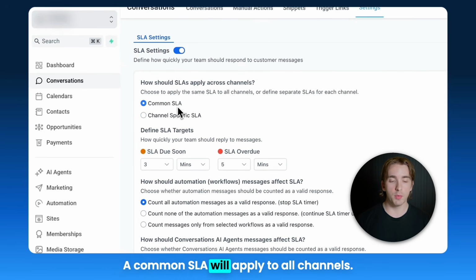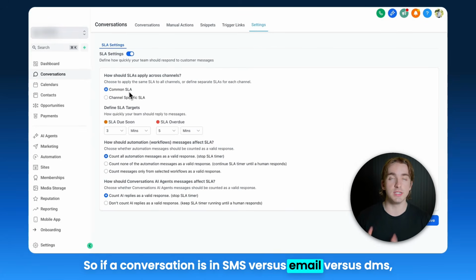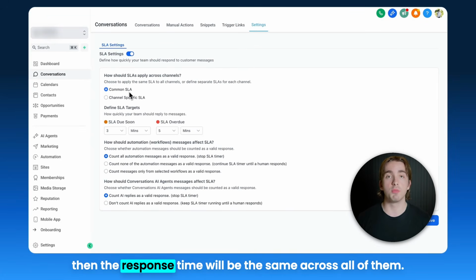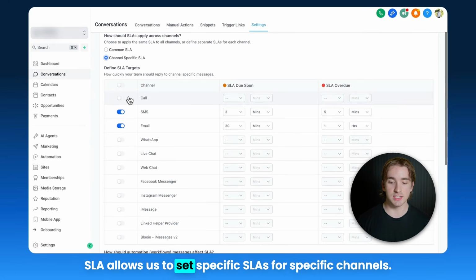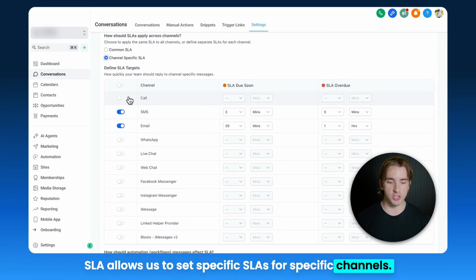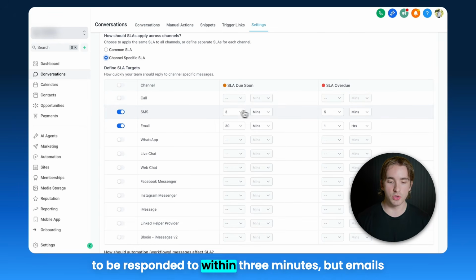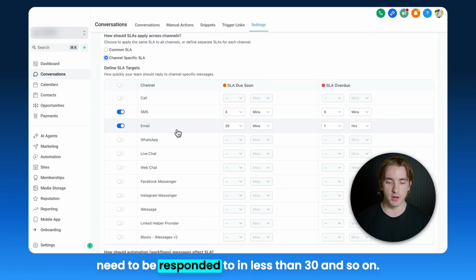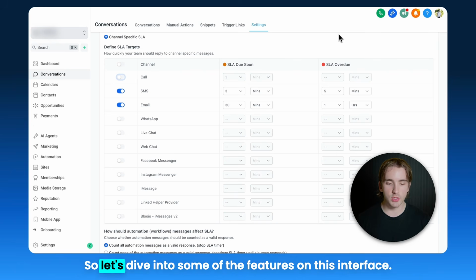A Common SLA will apply to all channels. So if a conversation is in SMS versus email versus DMs, then the response time will be the same across all of them, versus Channel Specific SLA allows us to set specific SLAs for specific channels. For example, we can set that SMS messages need to be responded to within 3 minutes, but emails need to be responded to in less than 30, and so on. Using channel specific SLAs is probably the best way to use this feature,